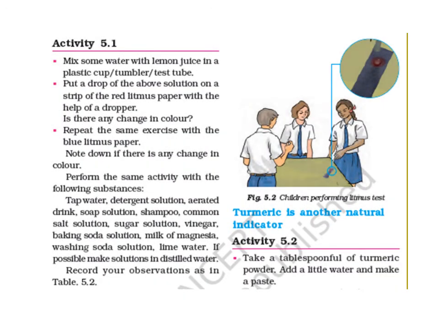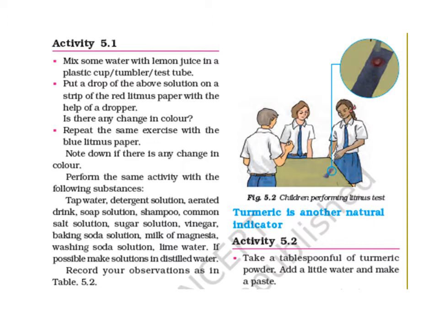Students, in our last lecture we have seen about indicators, and under this topic we have learned about natural indicators, and one example of natural indicators, litmus, we have learned also. And this litmus is found in the form of solution also, means liquid also, and in the form of litmus papers. So two types of litmus paper we have seen. One is red litmus paper and another is blue litmus paper. So in this topic we have to do an activity, that is activity 5.1, which is present in your textbook.